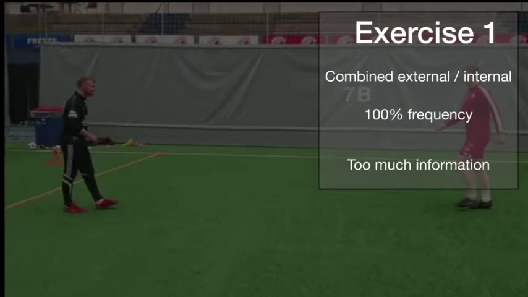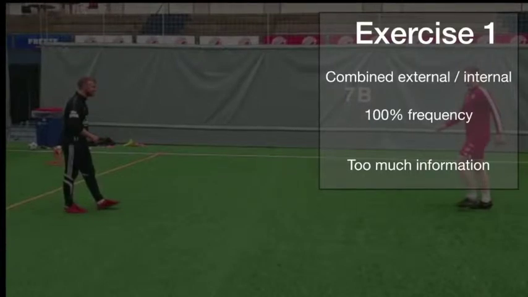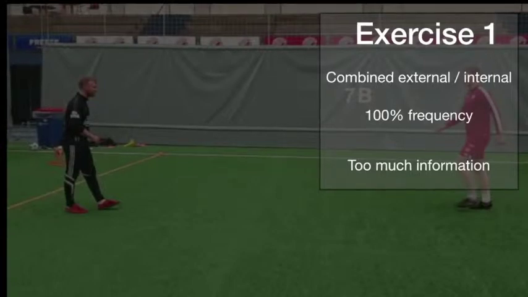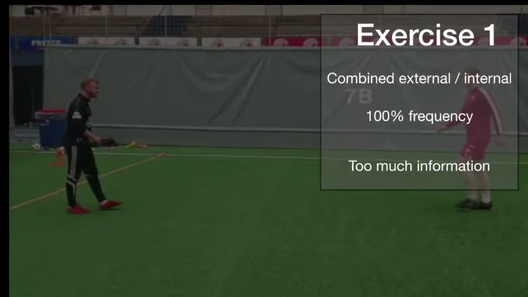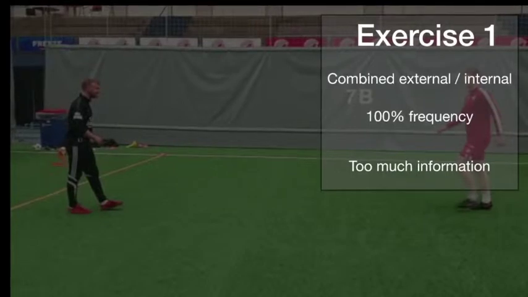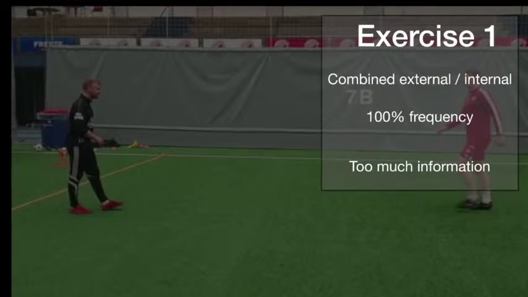Looking at this first exercise, we could see I utilize a combination of internal and external cues, and also some which are neutral. However, I could benefit from utilizing more external cues to promote motor learning. In terms of the frequency, I give feedback on every trial, which is good, although this could be optimized if